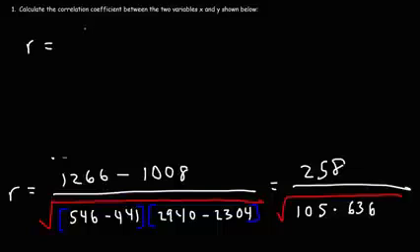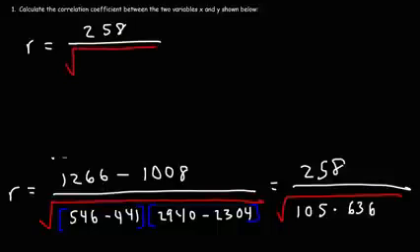So far we have r is equal to 258 divided by the square root. And now let's multiply those two numbers. So 105 times 636, that's 66,780. So if we take 258 and divide it by the square root of 66,780, we get an r value